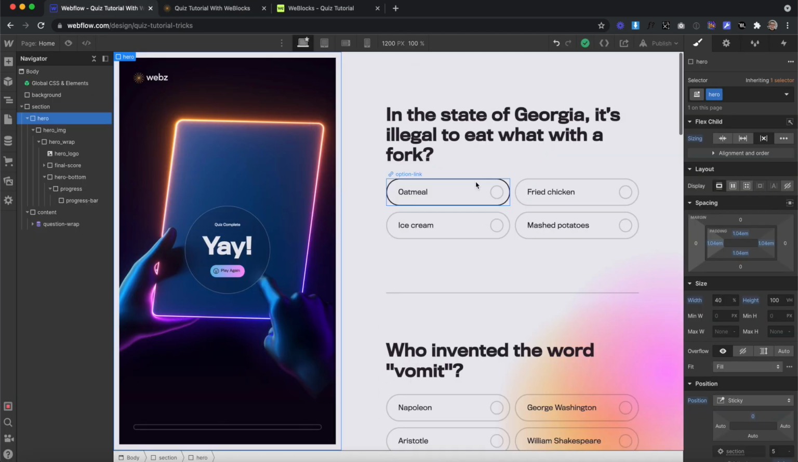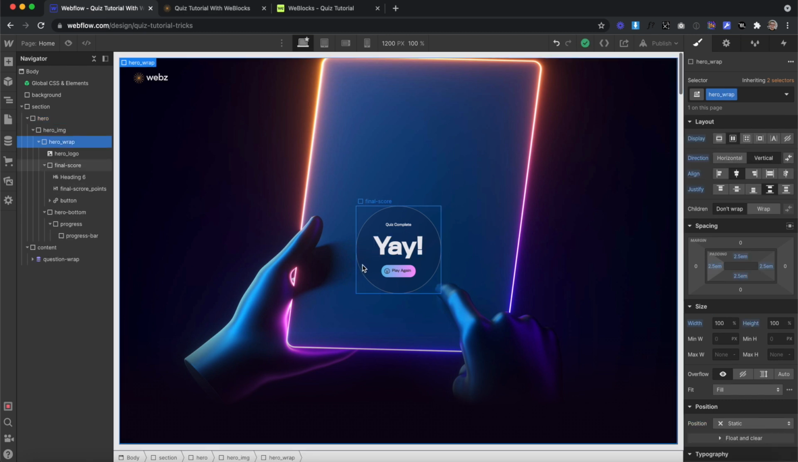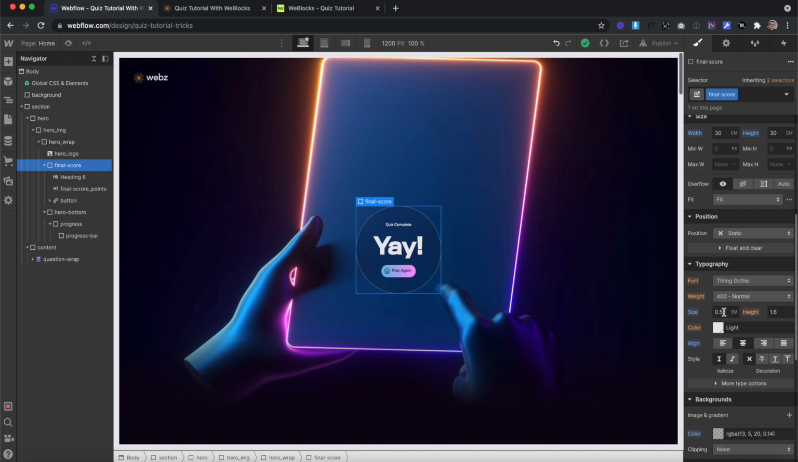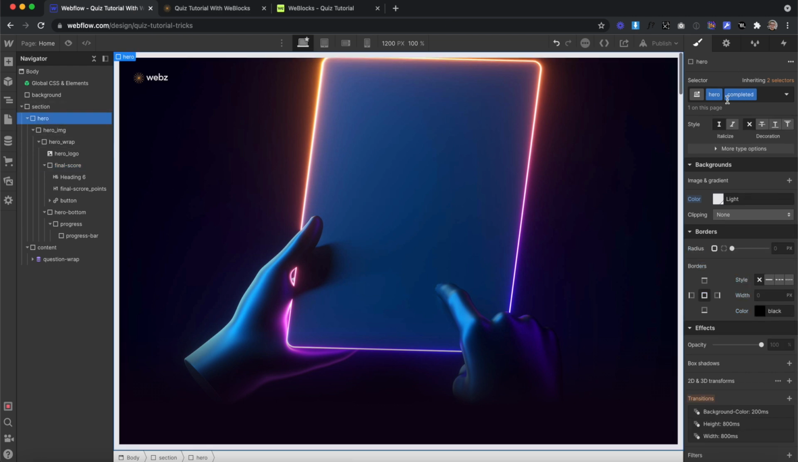Lastly, whenever we answer all of our questions, we want to show the final success message. So we're going to add a combo class of completed onto this hero and use that to set its width to 100% so it has this nice animation. We're going to want this final score div to be hidden by default. So its font size will be 0.5 EM, so it's a bit smaller, and its opacity will be 0. Now, whenever it's inside of this isCompleted class on the hero, that's when we'll bring up its font size and